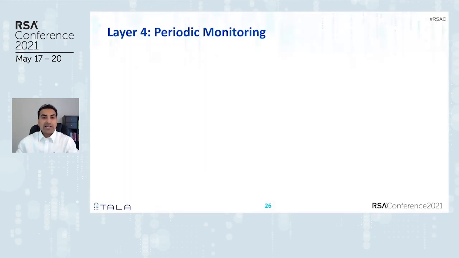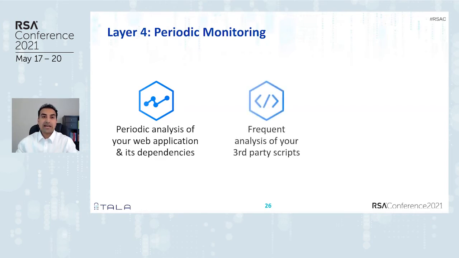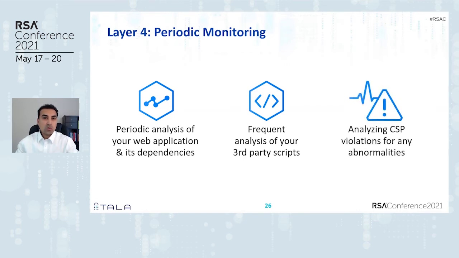So now that you've added in sufficient defense to your application, what's next? You got to stay ahead of your adversaries and build a layer that can keep a track of all the third parties and preemptively take action when you feel that there's something going wrong with one of your third parties.